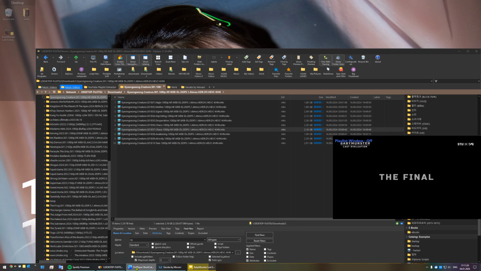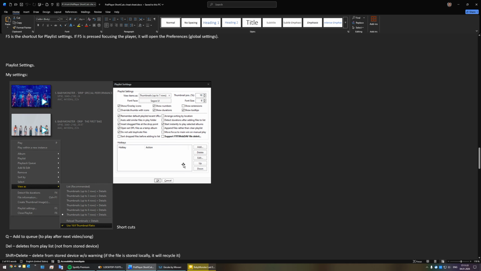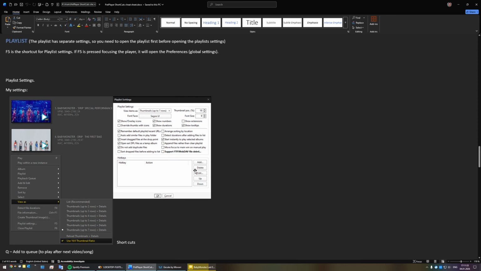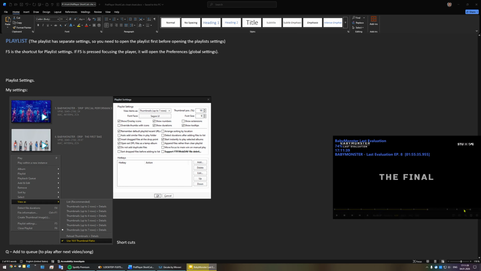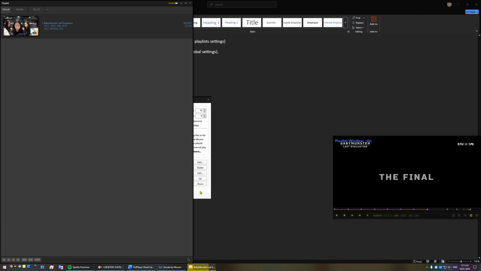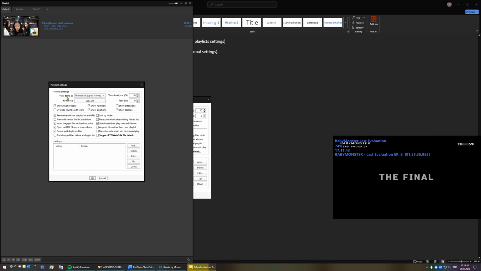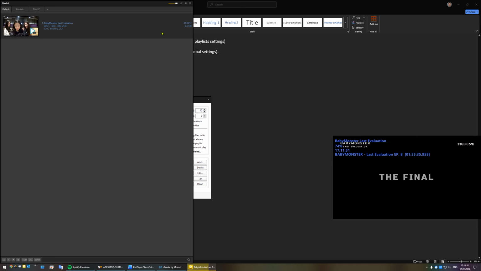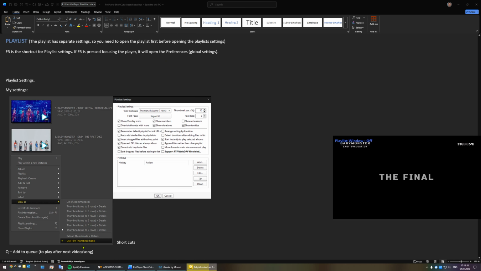Now, what I'm going to show you now is you can follow the playlist settings that I have in here. To go to the playlist directly, open the playlist, press F5, and it will show you the settings from the playlist directly. Now you can make the adjustments as I did if you want to see the information that I have. For example,